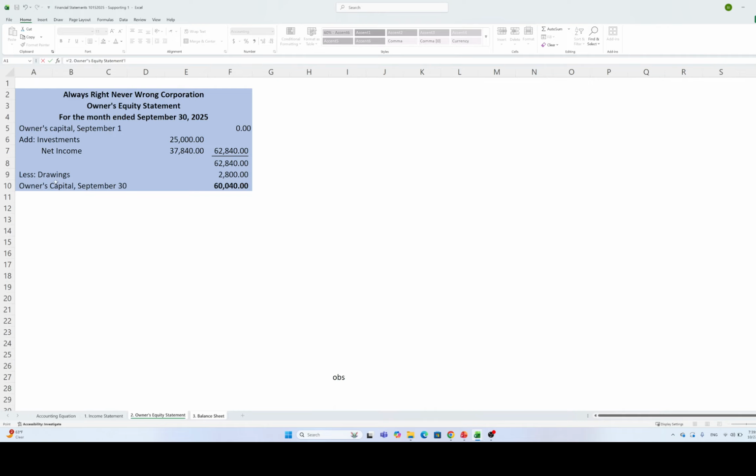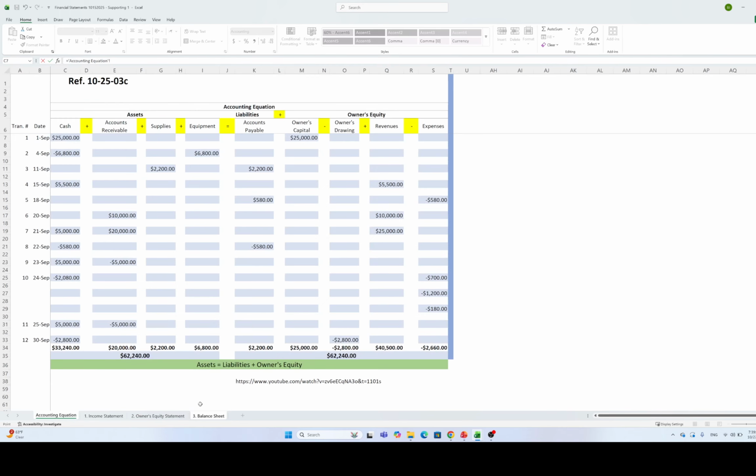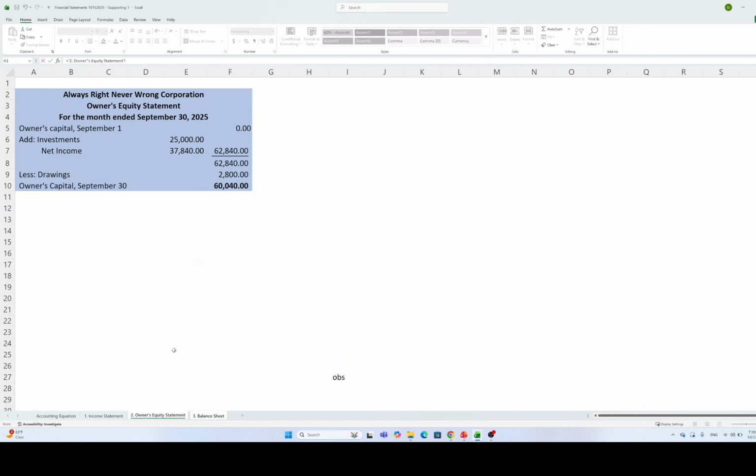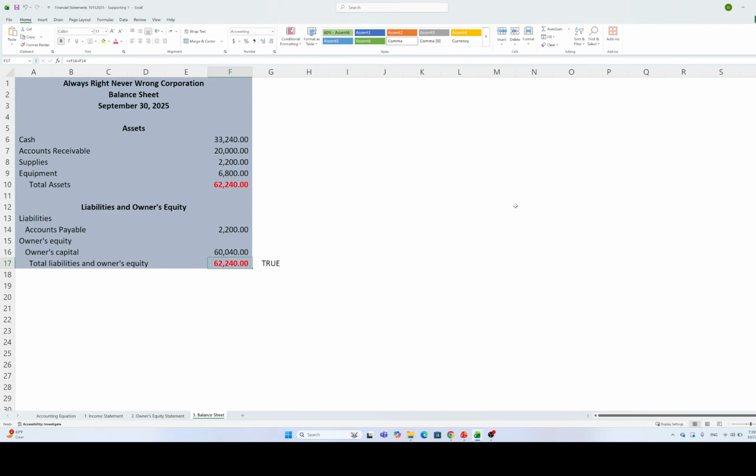If you remember, we did this and then we copy owner's capital from here, not from here. Okay, not from here, just to give you a hint so that you're not confused. So this is owner's equity. We copy that. Owner's equity is $60,040. When we copy that, you can see that both sides of the equation are equal. So that's when we say total assets equals total liabilities and owner's equity. With that,